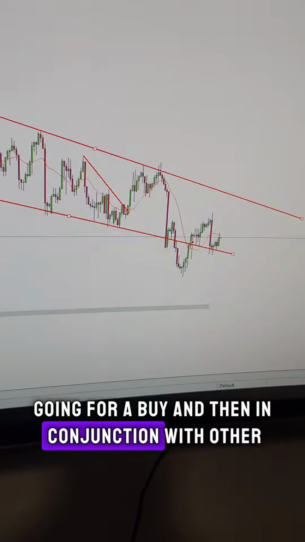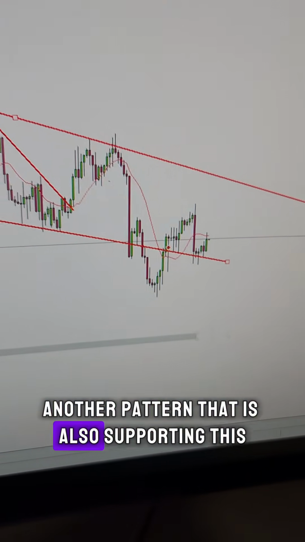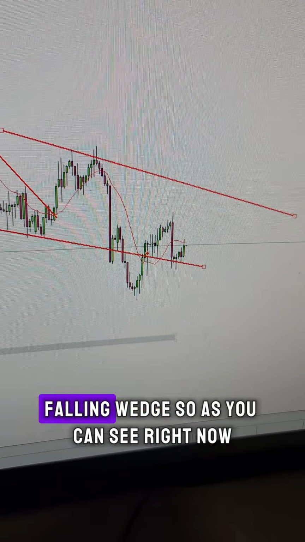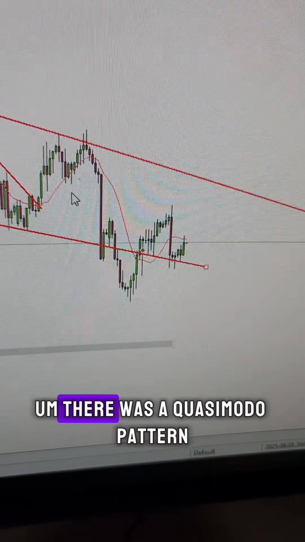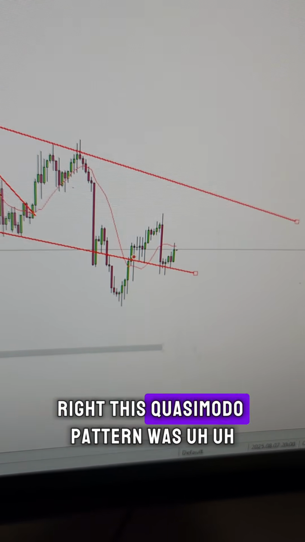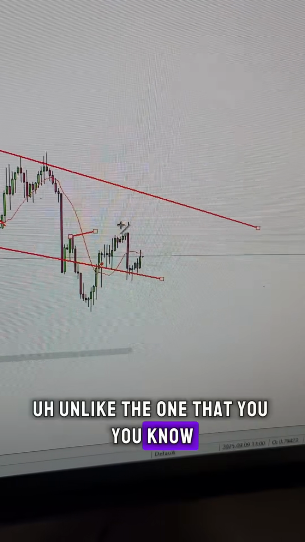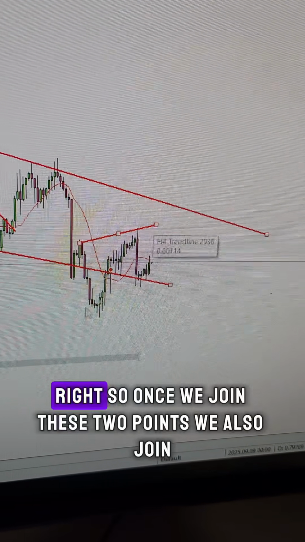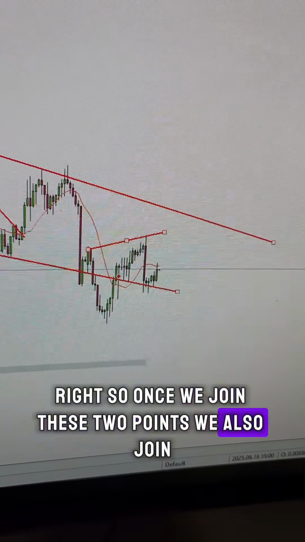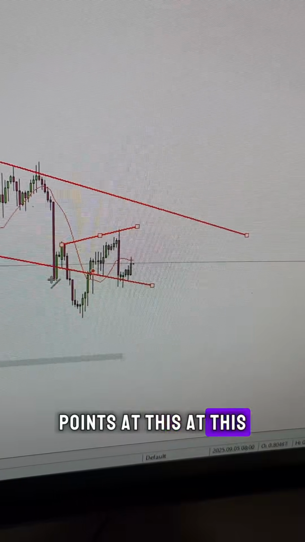And then in conjunction with other trading setups, I'm going to identify another pattern that is also supporting this falling wedge. So as you can see right now, there was a Quasimodo pattern, right? This Quasimodo pattern was inverted, unlike the one that you know. So as you can see, we joined these 2 points, right? So once we join these 2 points,